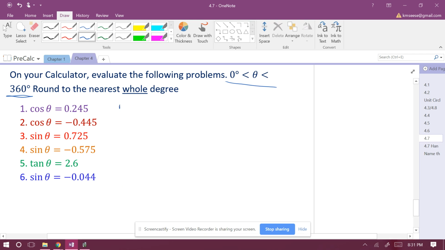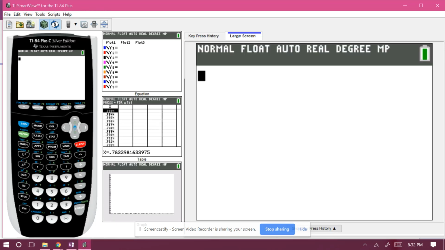This is the same thing as evaluating cosine inverse of 0.245. So if you have cosine of theta equals 0.245, you can take cosine inverse of 0.245 to find theta. When you go to your calculator to find cosine inverse, it's right above your cosine. So second cosine